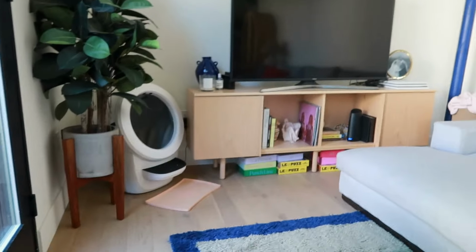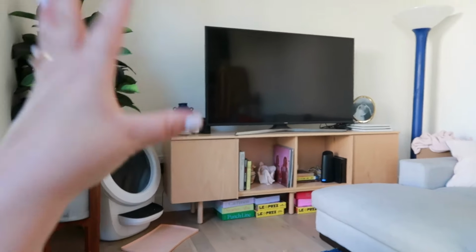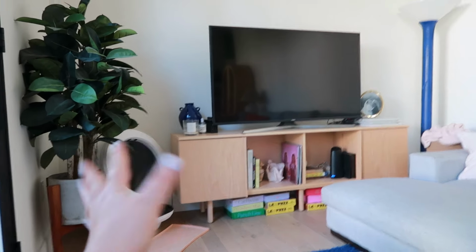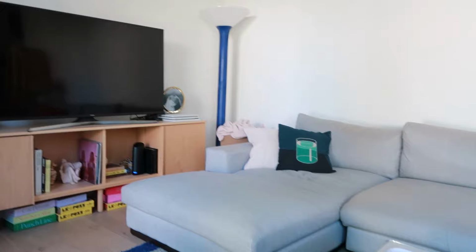It's just not pretty to look at, but I'm hoping that we get a picture on the wall, we get some other things. It's not the first thing you see, but maybe eventually it can go into the office, but right now there's not really room because it takes up a lot of space. Anyway,